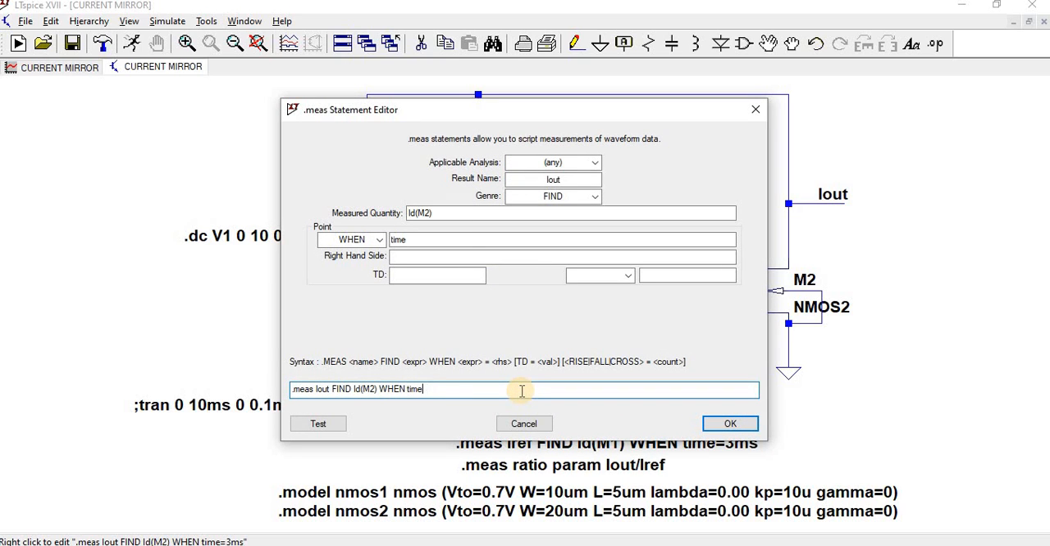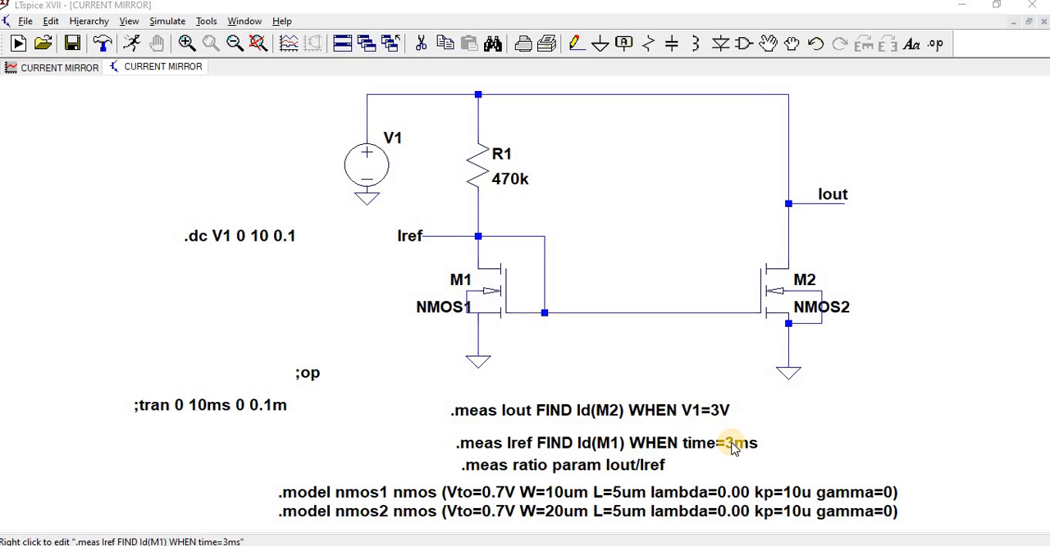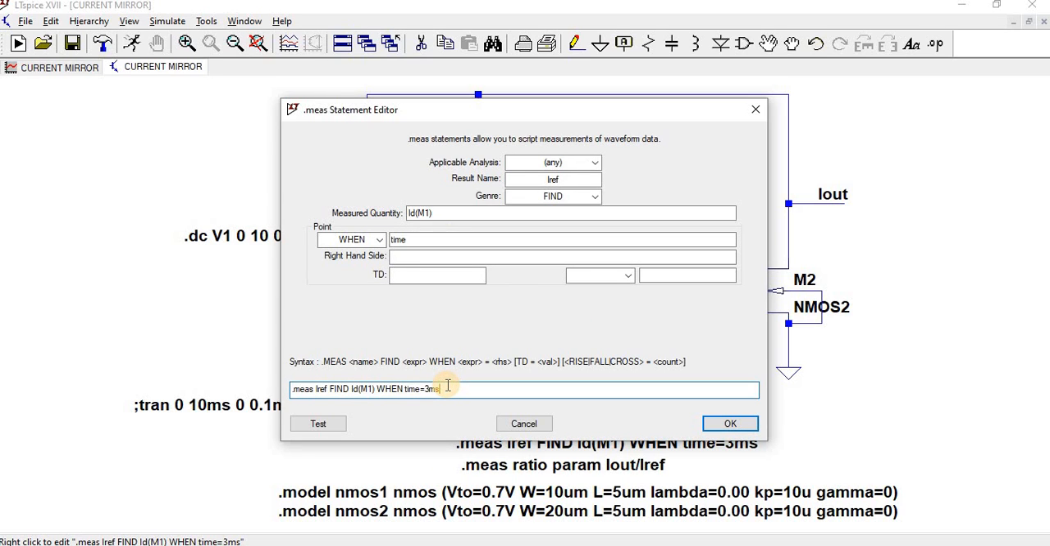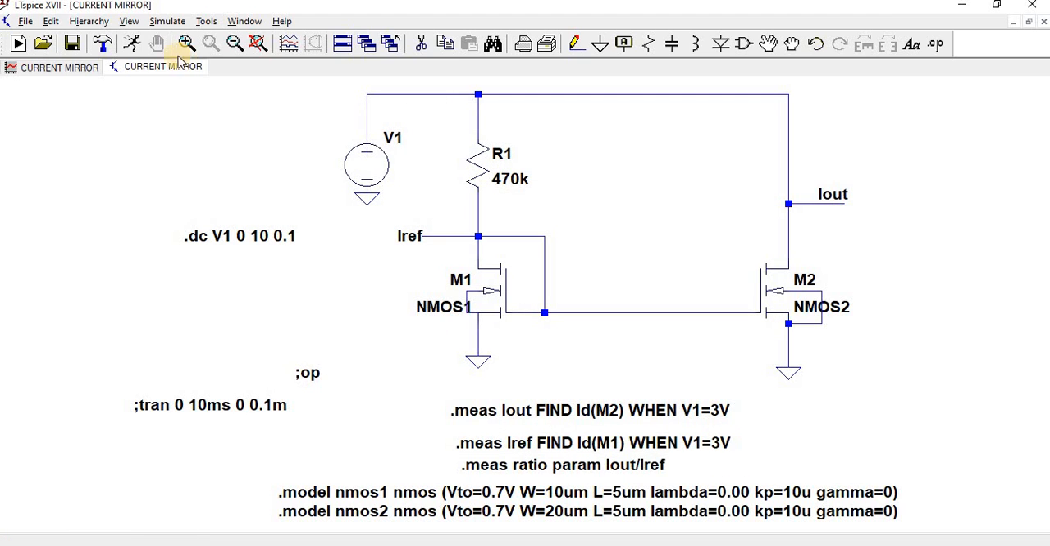So here in place of time I'm going to give V1 is equal to 3 volts. So we are going to find, measure. The .meas means nothing but measure, and then which output node we want to measure. I have given IREF as an input node. So find is a keyword, and then ID of M1 when V1 is equal to 3 volts. This is the syntax. So now let us